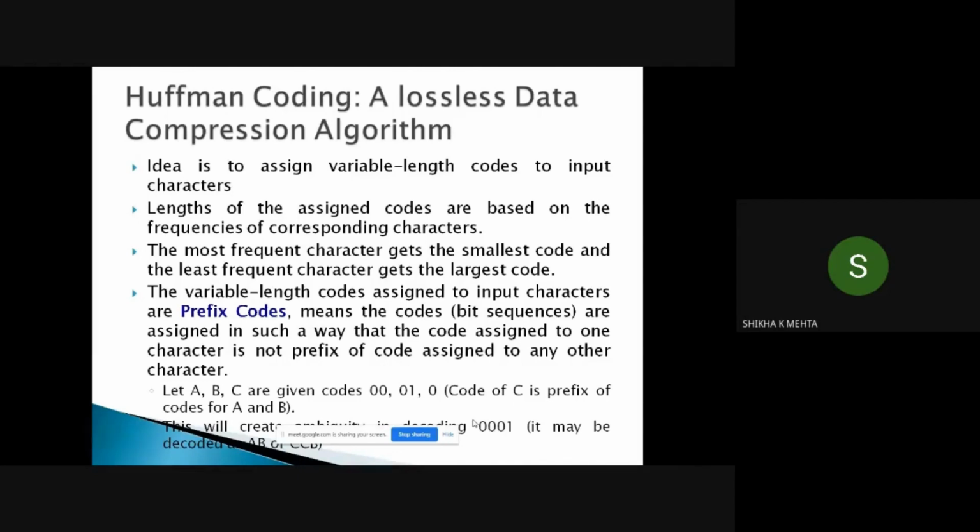It was given in the 1950s, and it is a lossless data compression technique, as I have told you. It is lossless because, let's say you are creating a zip file, and in the zip file you are sending me some assignment. This is a kind of encoding you have done.